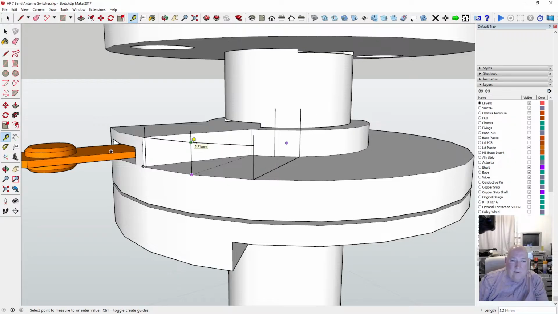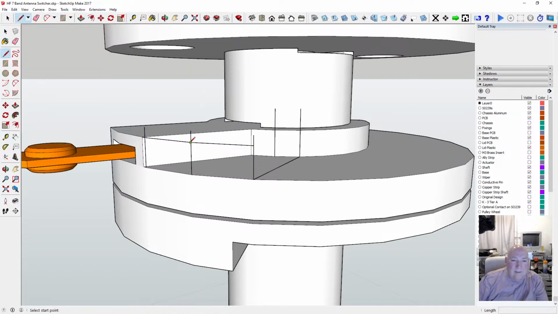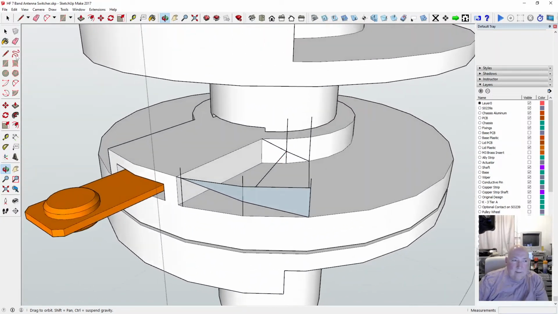What we got? 2.214. I go there, and go there and go there. Join that up with that and that with that. Join that up with that and that with that. And then we need to join up that with that.